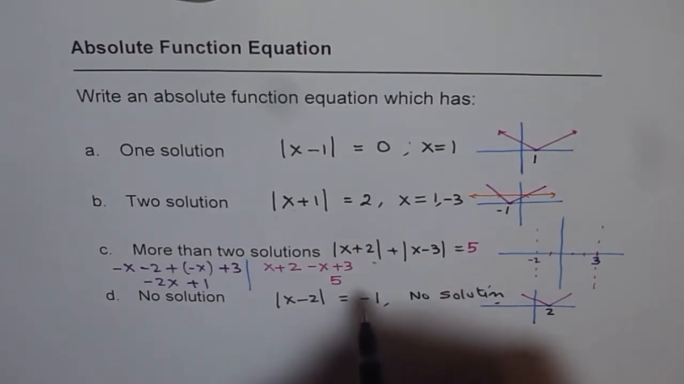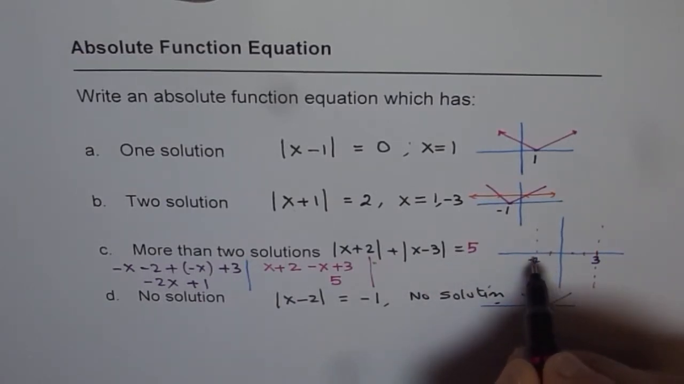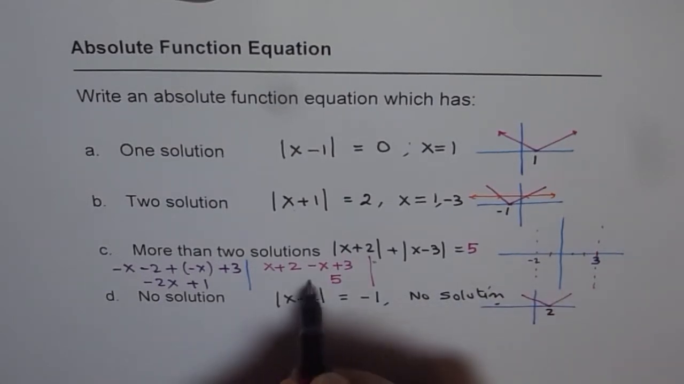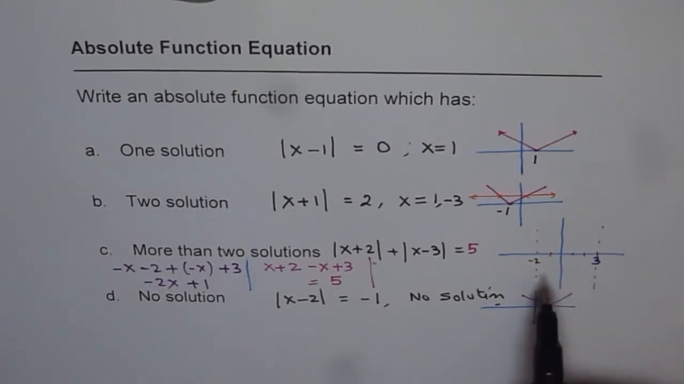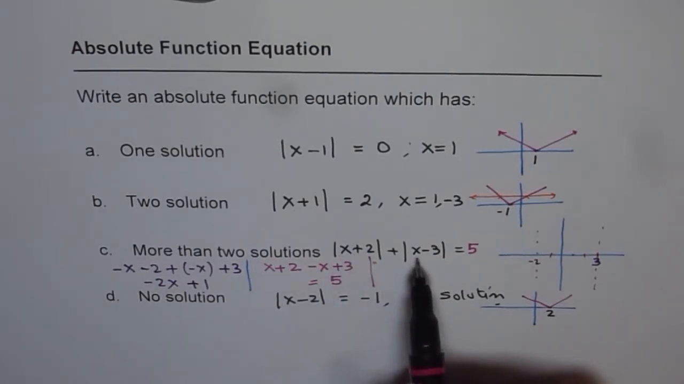In that case, during this interval from minus 2 to 3, our equation will be true for all real numbers. It will be 5. Do you see that? Equals 5. So that is how you can get an equation which will have more than one solution. So everything between minus 2 and 3 is indeed our solution, right? So if I do minus 2 here, for example, this will be 0. And if I do minus 3 here,